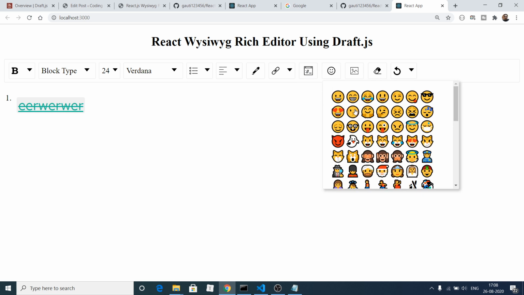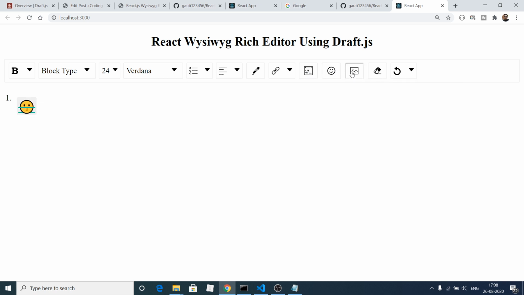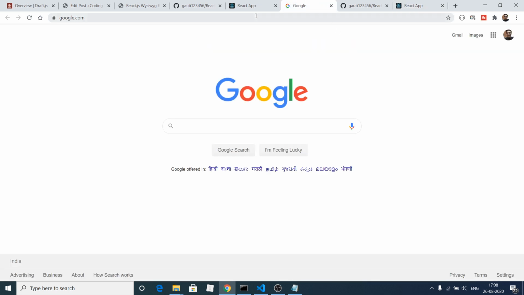Let me insert some emojis as well. So now you can see that. So now, in order to embed images, we are making use of an API, which is